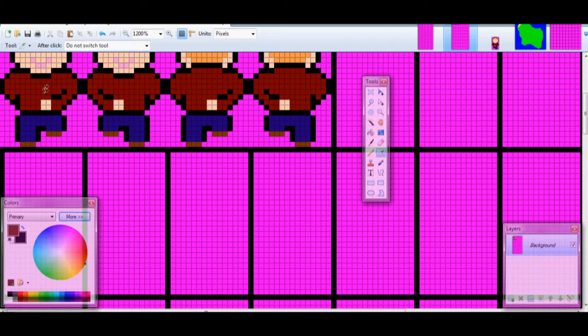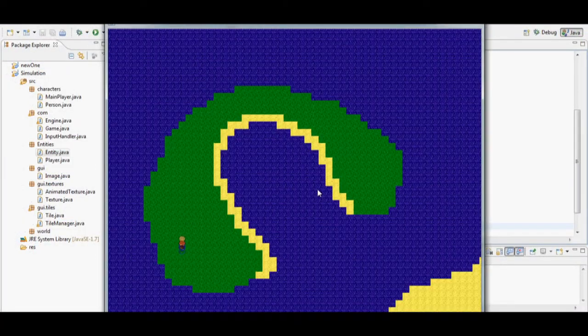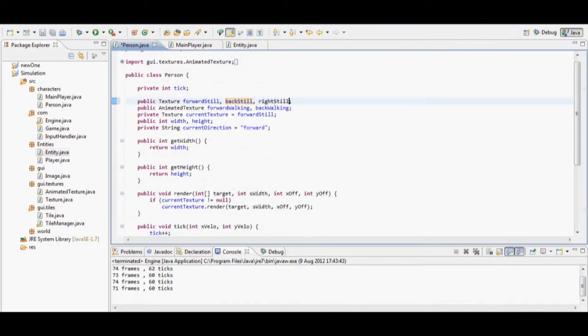Next thing you see me doing here is editing the images a little bit, so that his hands are a little further away, so it looks a bit better when he's walking away, as opposed to just looking like his hands are swapping places. I was trying to make it look like he was actually walking. You see it's a lot better on the right